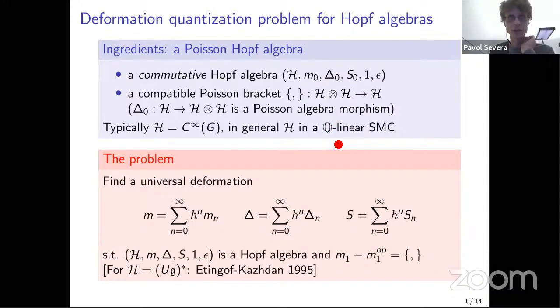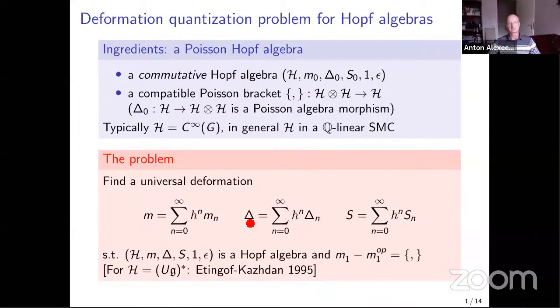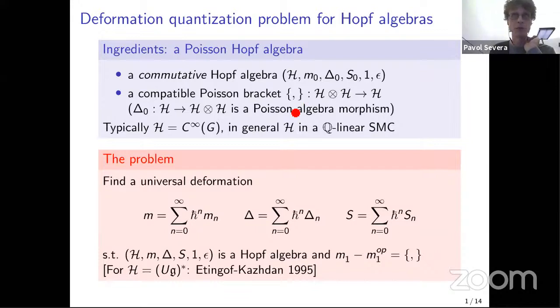And actually, it will turn out, probably true for any natural quantization, that Delta_1 is equal to 0. But Delta_2 is non-zero. Okay, let's leave it like that. So we want to find some nice expressions for each of those M_n, Delta_n, and S_n in terms of the original things that we had, also using the Poisson bracket, and maybe linear combinations of those with rational coefficients.